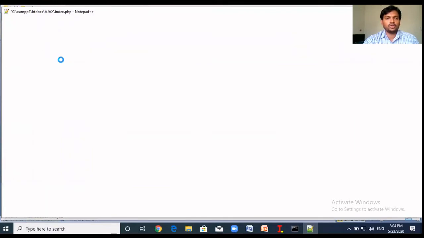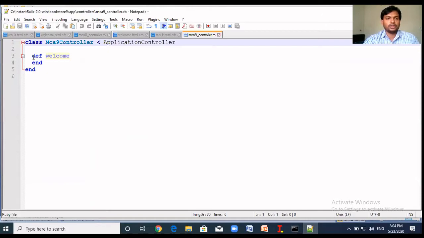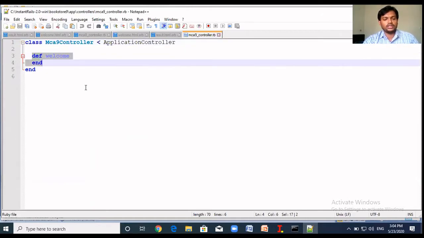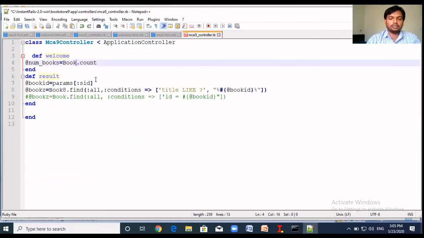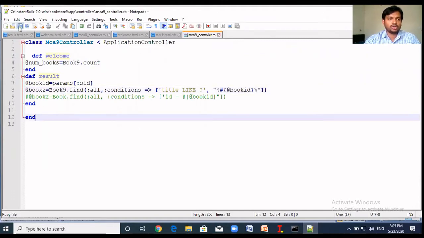This code helps you to interact with the database as well as the user interface. Now the code one is copied to this controller. Now we created the table book 9, so you just make a change to book 9. Rest all is the same.